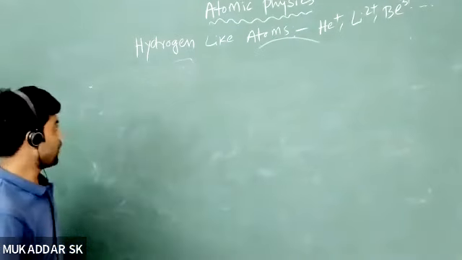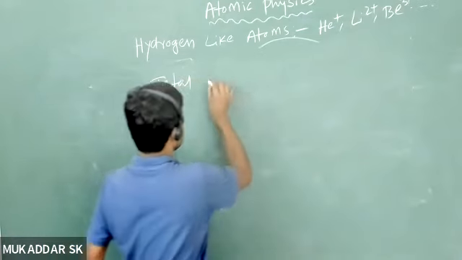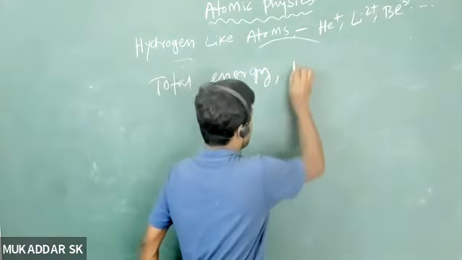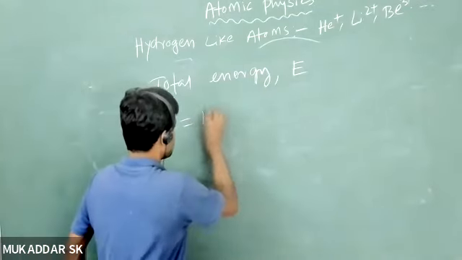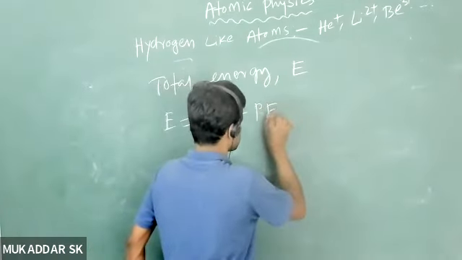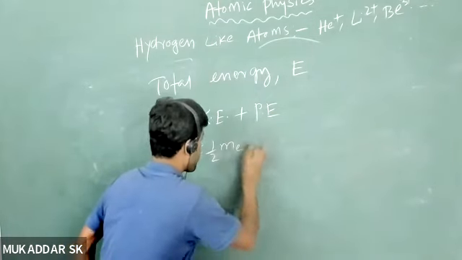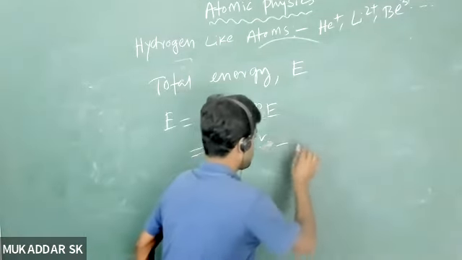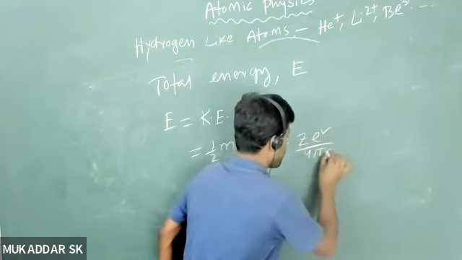Okay, so now we'll calculate the total energy. Total energy, basically denoted by capital E, should be equal to how much? Its kinetic energy plus its potential energy. And kinetic energy will be how much? Simply half mass of electron into v square. Then potential energy, how much? Now potential energy will be Z e square by 4 pi epsilon naught